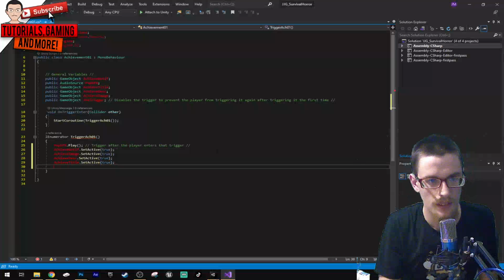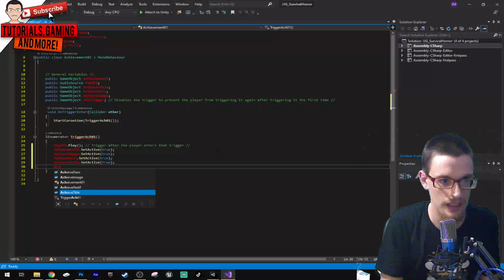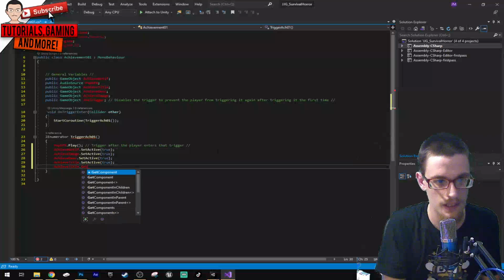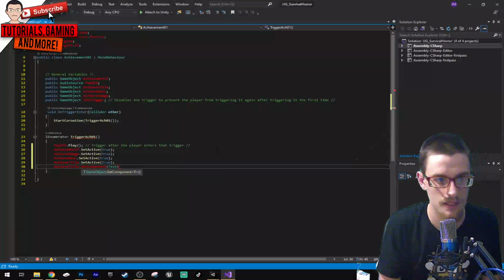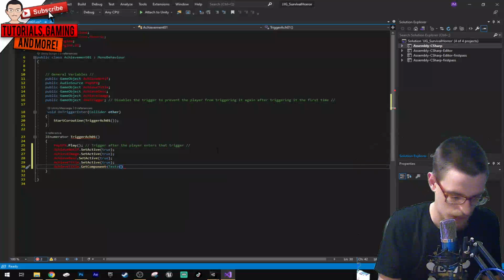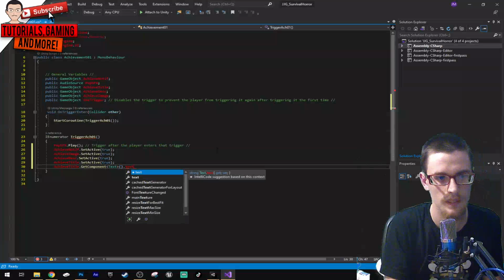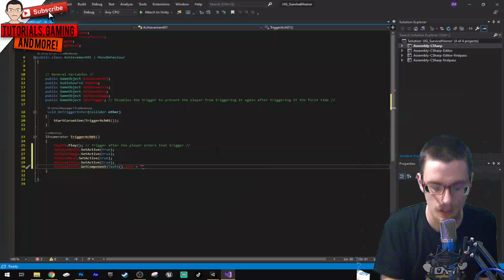Now, for the next line of code, we want the achieve title dot GetComponent brackets Text, dot text equals, then quotes. Let's say,